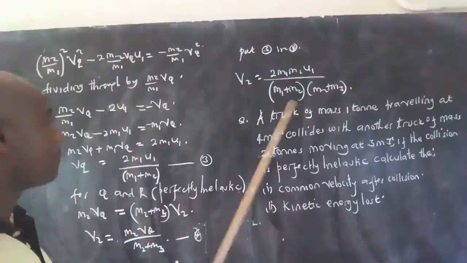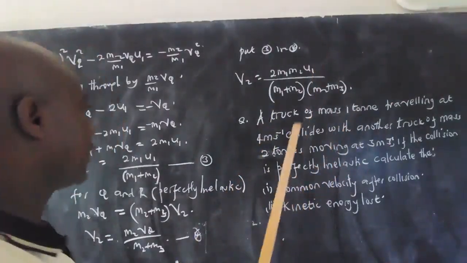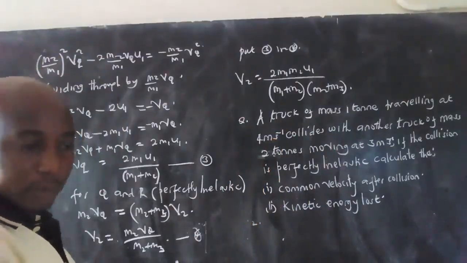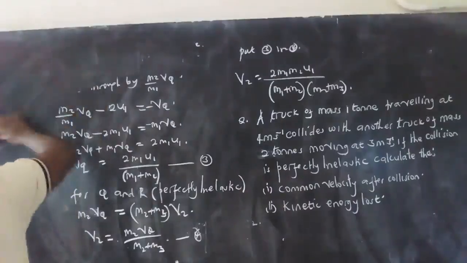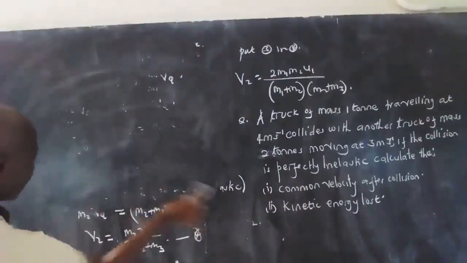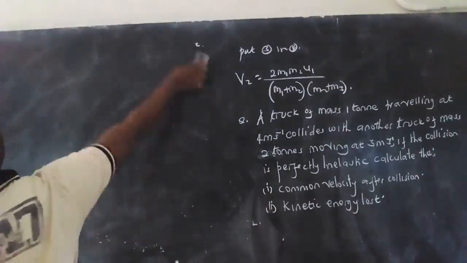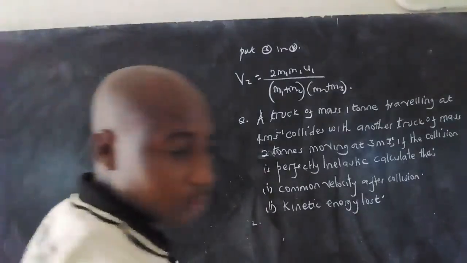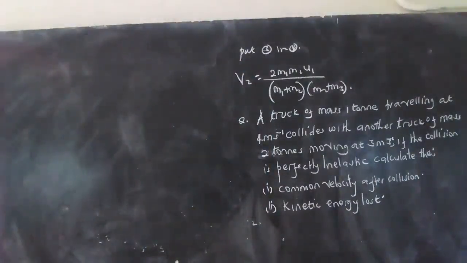So we have number 2, a truck of mass 1 ton traveling at 4 meters per second collides with another truck of mass 2 tons. If the collision is perfectly inelastic, find the common velocity after collision. So here you can sketch the diagram, or you may just not sketch, but even if I don't sketch, I just know